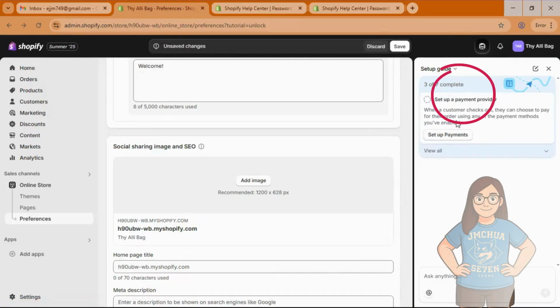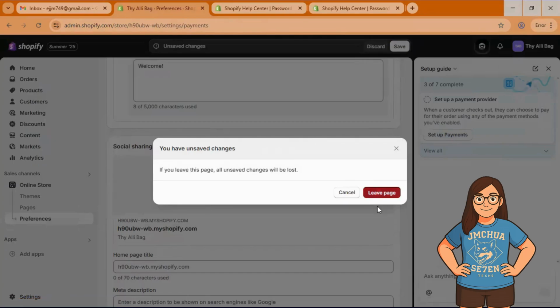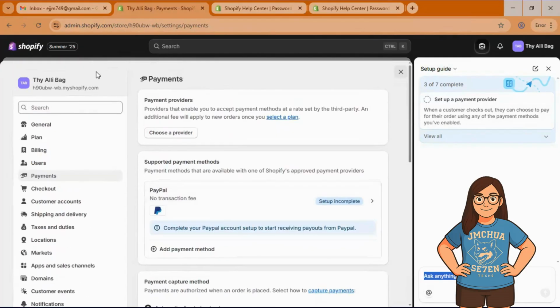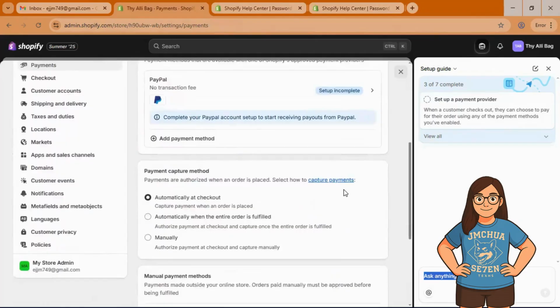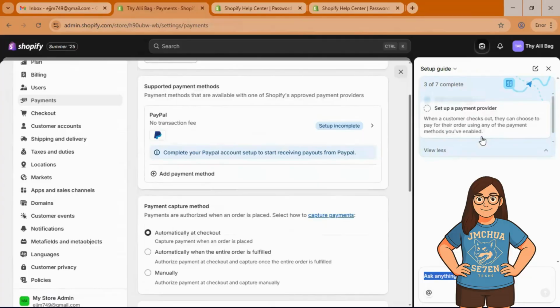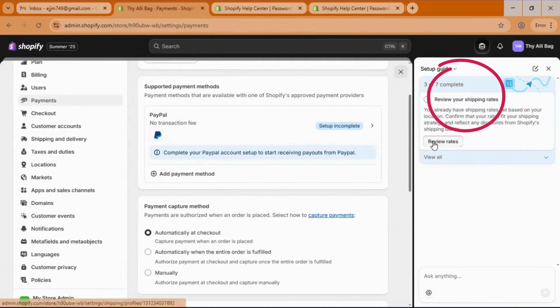So the next one would be set up a payment provider. Let's leave this page. This is where you choose the payment method that your customers can use when purchasing on your store. Okay, this is where you set it up. And the next step would be review your shipping rates.